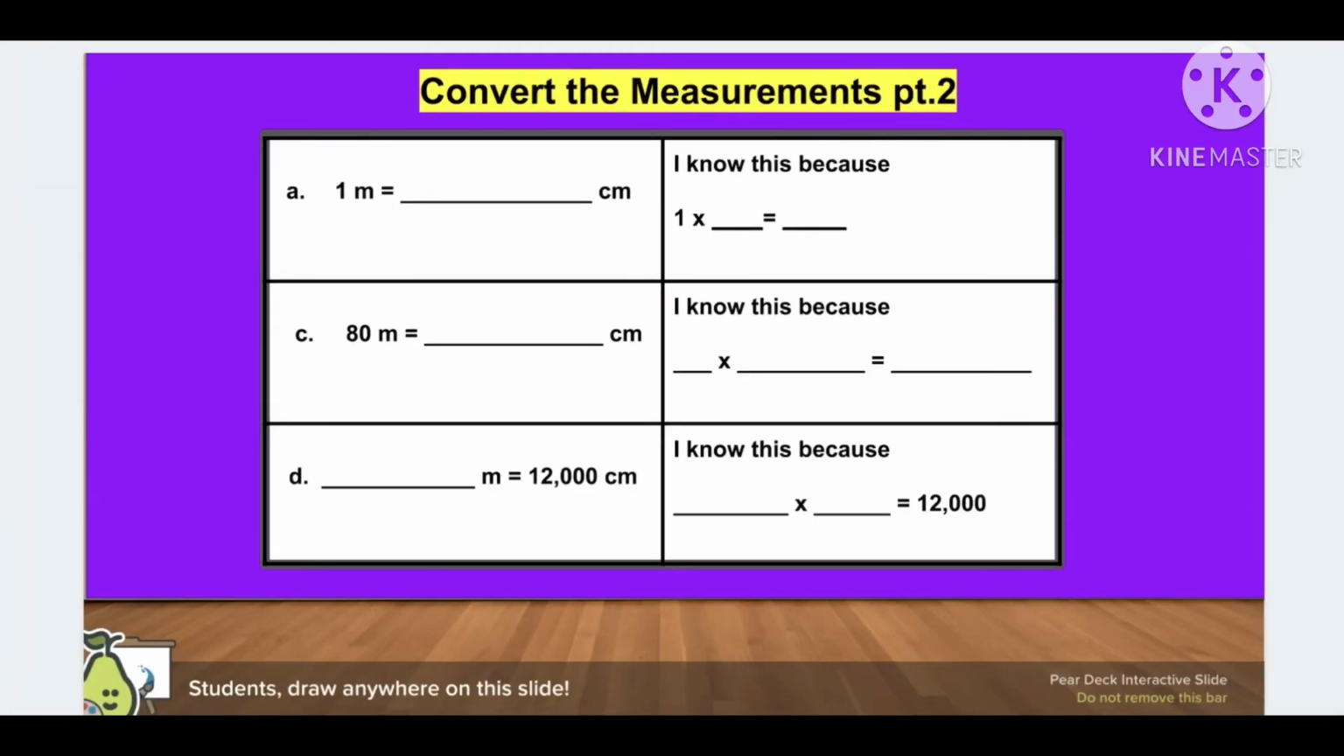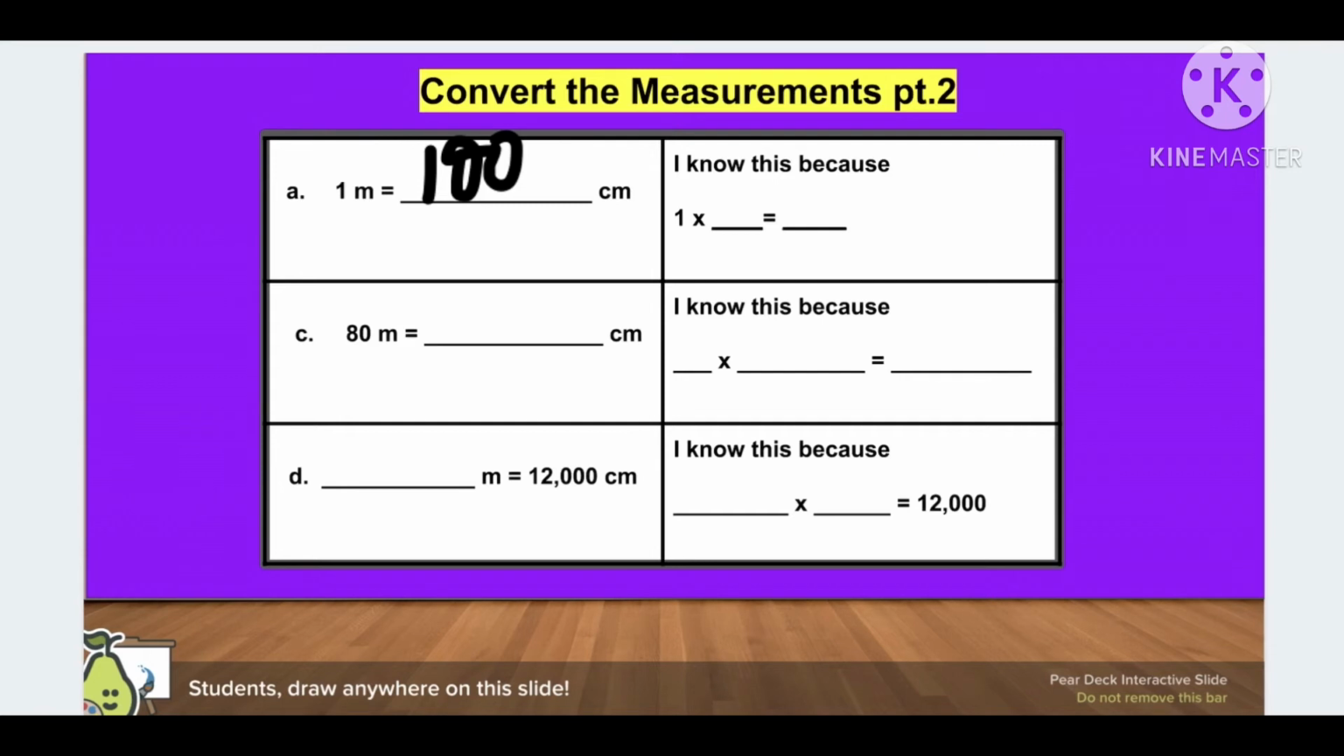So let's look back at my problem. So that means that 1 meter equals blank centimeters. Yeah, it equals 100 centimeters. Because in order for me to get from meters to centimeters, I'm multiplying by 100. So now that I have a base, you guys, I'm able to answer the next question. If 1 meter equals 100 centimeters, then 80 meters equals,